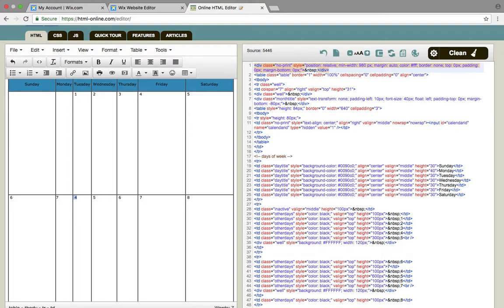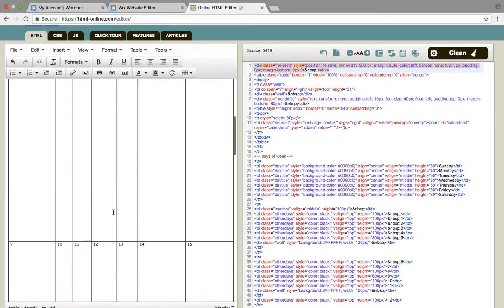So you just press tab, backspace, and then the number. Tab, backspace, and the number. And then you need to go down to the next row. And so this one will start the 13th, the 14th,